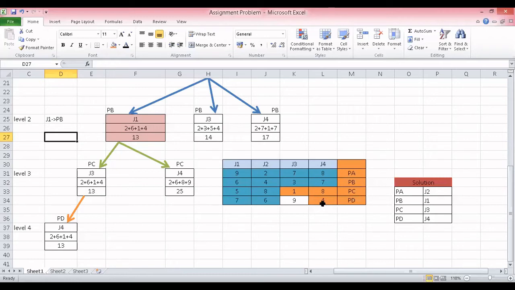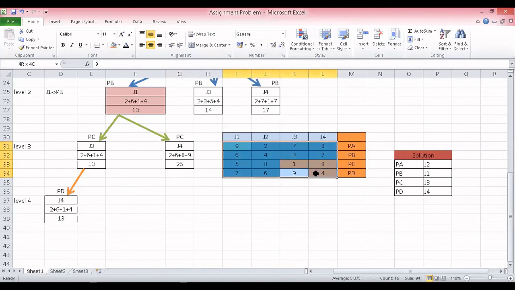Now this particular row, job 1 is assigned to person B, job 2 is assigned to person A, job 4 is assigned to person C. The only one remaining value is 9. So I am left out with only one option of assigning job 3 to person D. So the answer is 9 here. See the last value, 9. So the summation of that comes out to be 25.